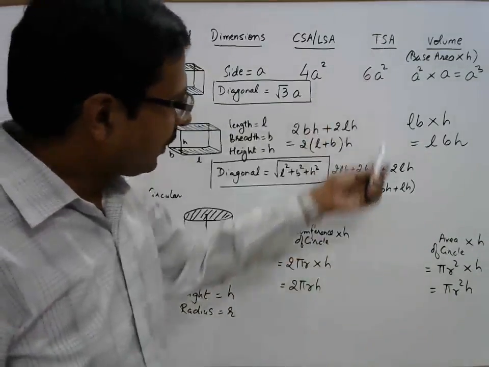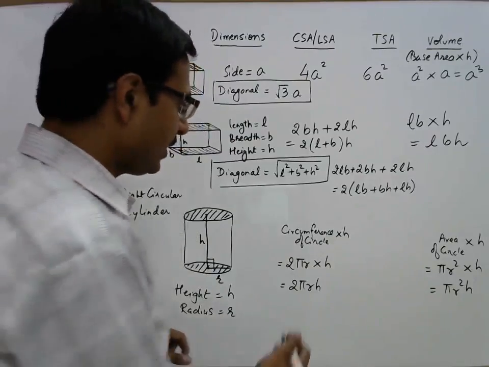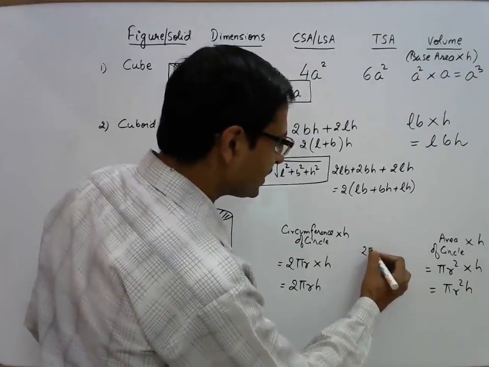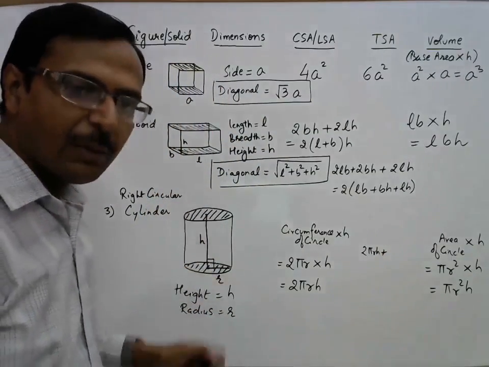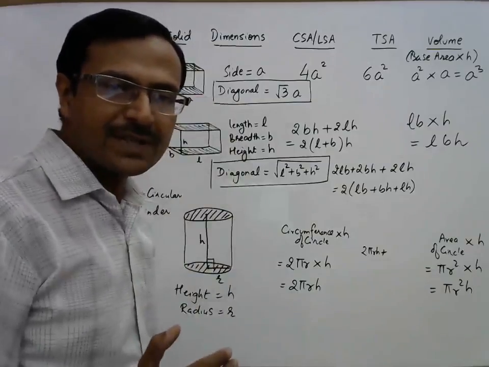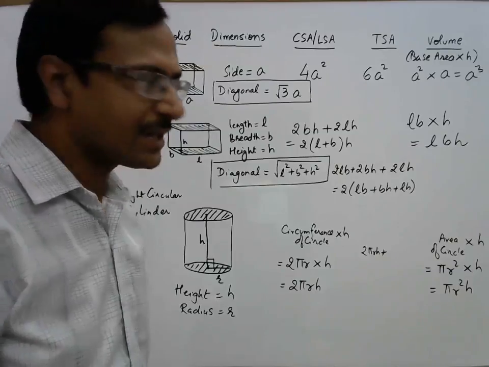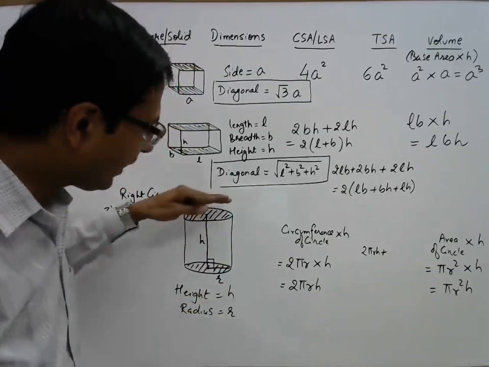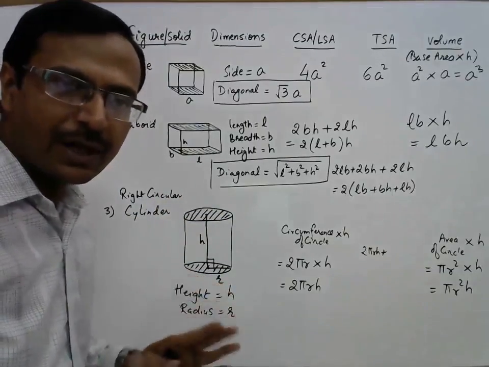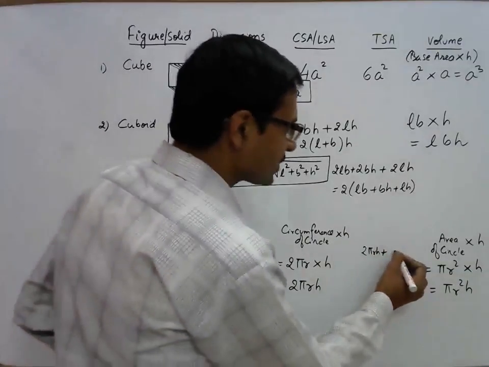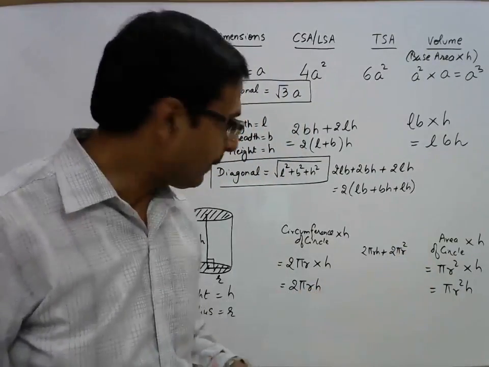Now what about the formula for the total surface area? Now this total surface area includes the curved surface area 2 pi RH, and what else is to be written? The area of the top and area of the bottom. The top and bottom of a cylinder, they are basically circles, and the area of a circle is pi r square. So we have 1 pi r square at the top and 1 pi r square at the bottom. So there are 2 pi r squares. So these 2 pi r squares are to be added to the curved surface area for finding the total surface